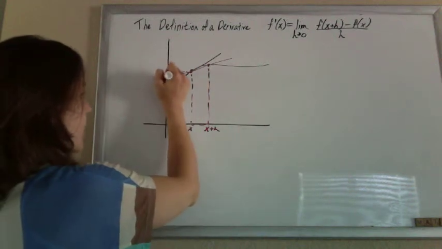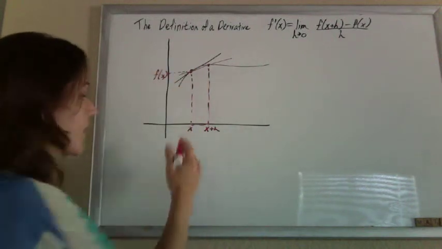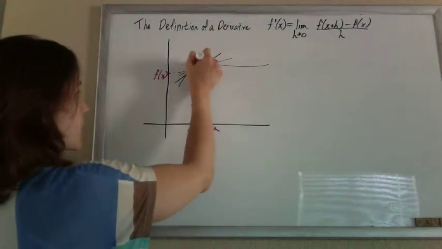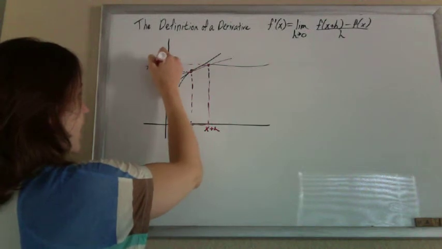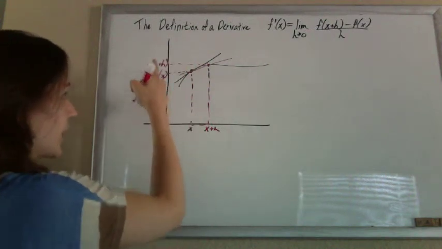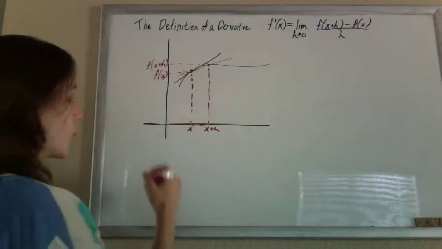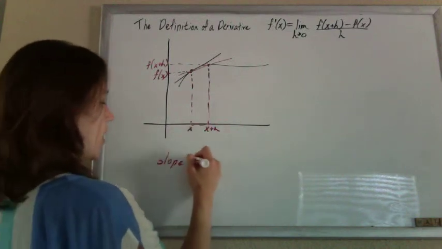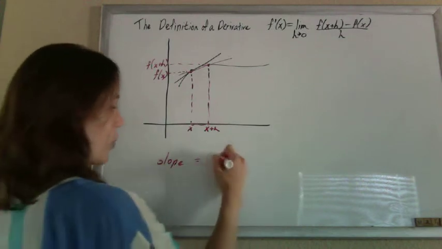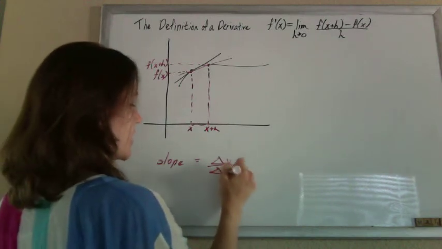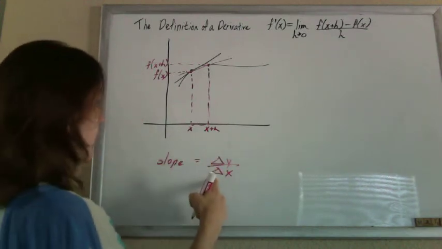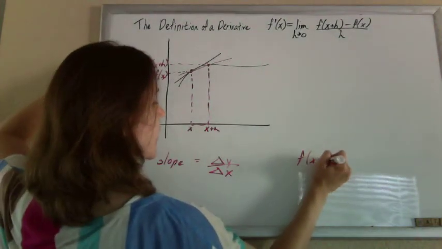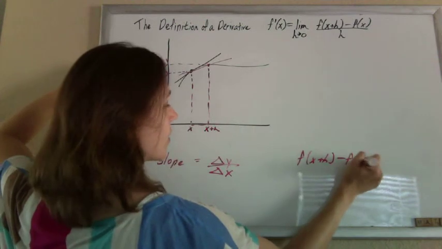Now this is f of x, right? That's the y value at point x. And similarly, this is f of x plus h, the y value at x plus h. So when you're finding the slope, your slope is your change in y over your change in x, your rise over your run. So the change in y is f of x plus h minus f of x,